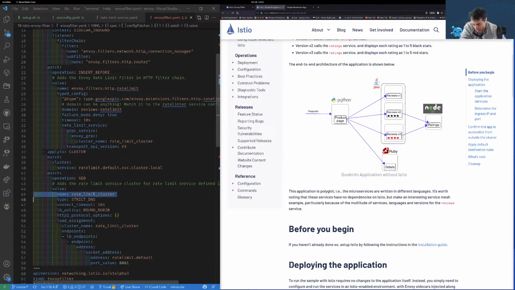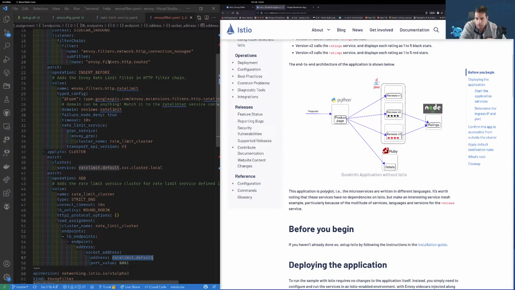And this is the Envoy, right? Both this section and this section are Envoy configurations, right? You wouldn't find them in the Istio reference docs. You'll have to go to the Envoy reference docs to see the valid values here, right? So this is basically just adding a cluster or an upstream, depending how you call it, and just saying, you know, anything that goes here will eventually go to the rate limit service. All right, now even if you apply this, still nothing will happen, because we have not defined